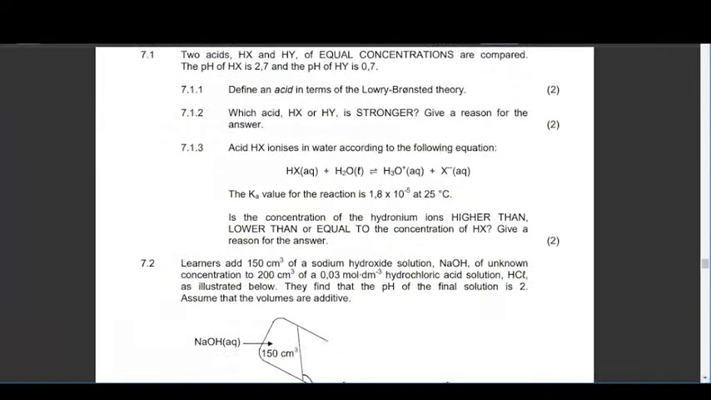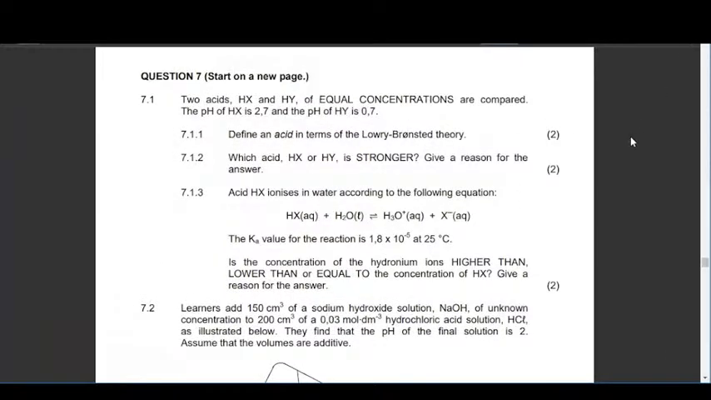Let's go to the next question, which is on acids and bases. When you're talking about acids and bases, two